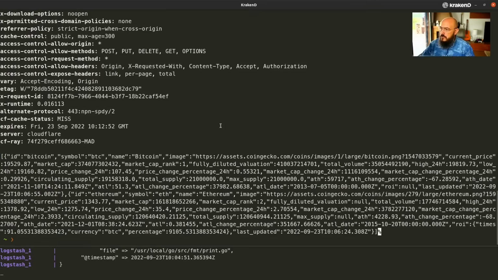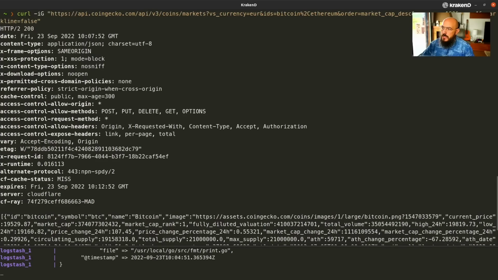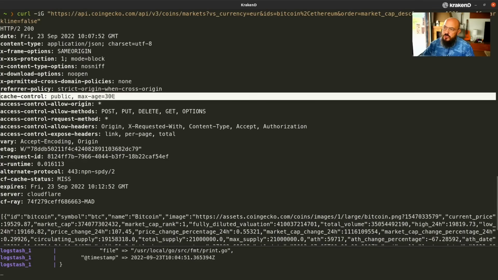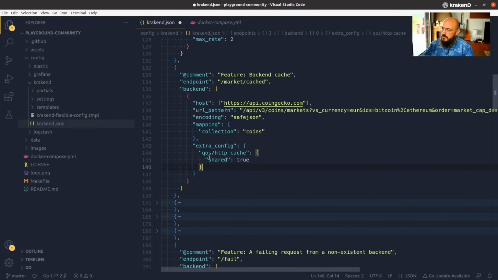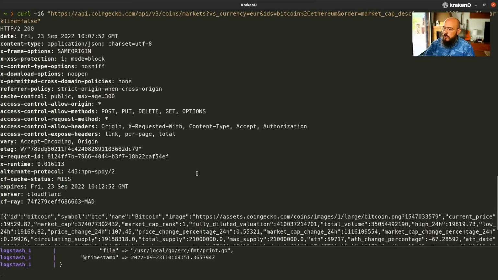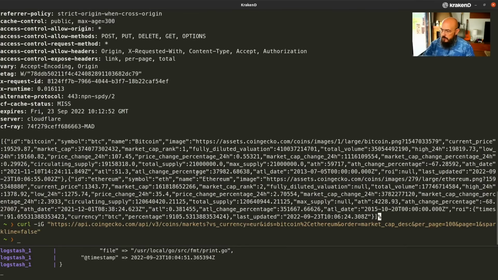Let's do a CURL. Okay, so when we call this CoinGecko API, we see that there is a cache control header, which allows KrakenD to store the content for 300 seconds or 5 minutes. So this is the TTL that is going to be saved in KrakenD memory, and there is no way to tune that from this middleware. There are other middlewares that might help you change this cache control header before KrakenD actually caches the content, so you can override the TTL, but the middleware is just a flag that tells you if you want to cache or not. So when I call now the same URL through KrakenD,